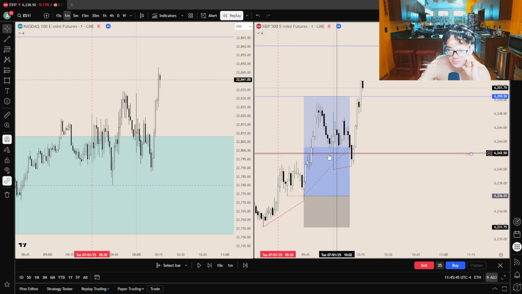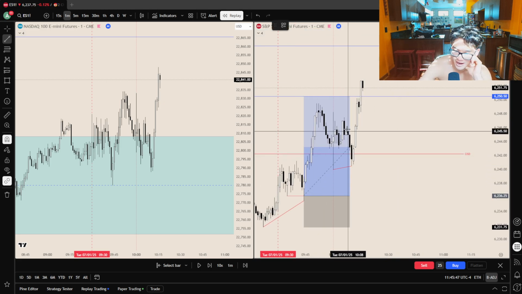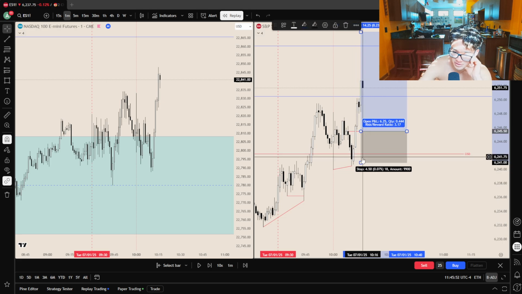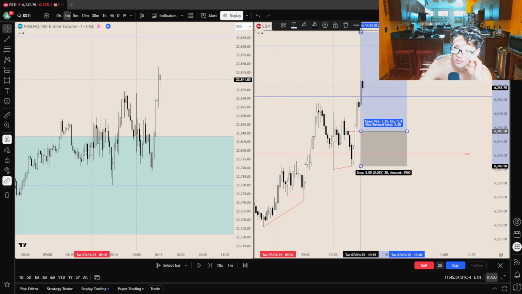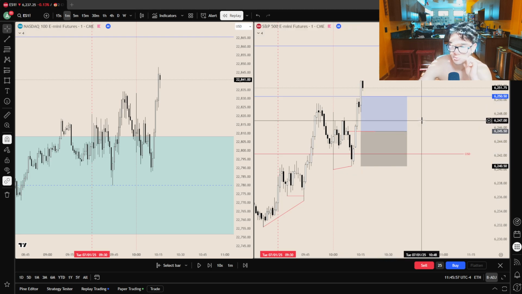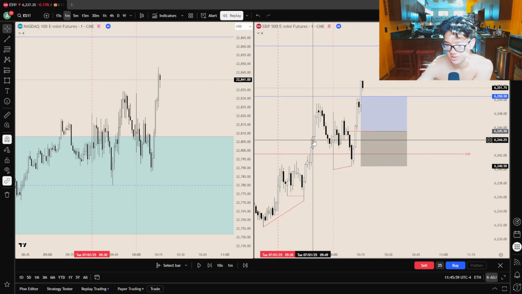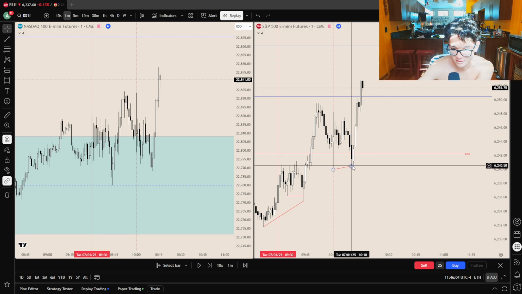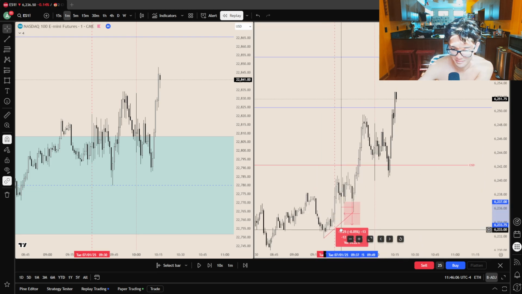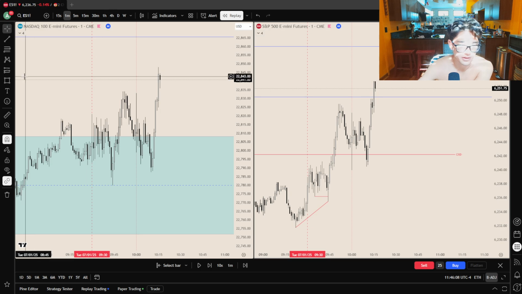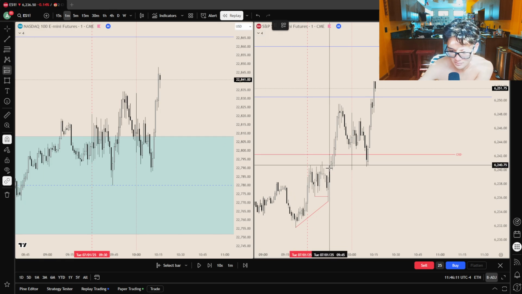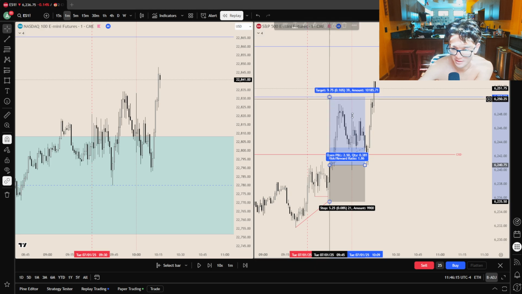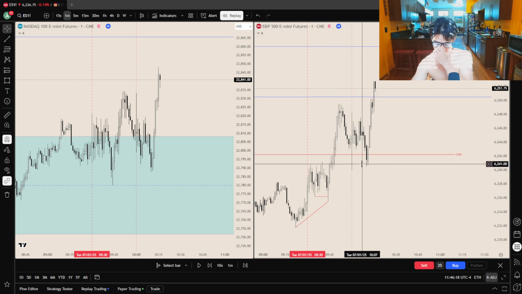I mean, it was clean, but my entry would have had to be after this change in the state. So my risk to reward would be just chopped. It would have been like a 1-to-1 trade, which I have no interest in taking. So I missed out on the entry. The entry should have been down here, maybe on this candle. Take entry on this candle, stop loss at the SMT low, target those equal highs. I missed it on that.